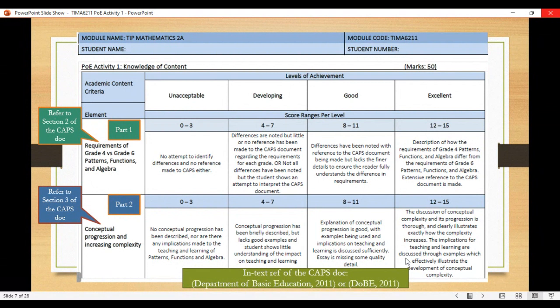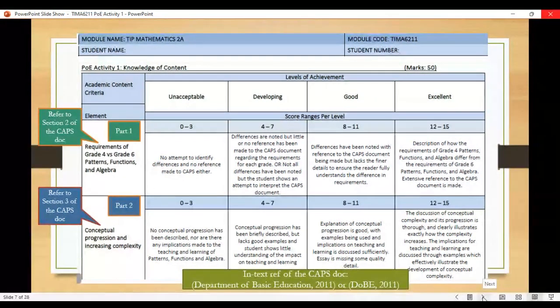You can also substitute it with your own examples or own numbers, and you can make use of the different grades, grade 4, 5, and 6, the Department of Education textbooks, PDFs, which I have uploaded for you under resources on VC Learn. So you have a lot of examples to clearly illustrate the complexity of the progression in this content area.